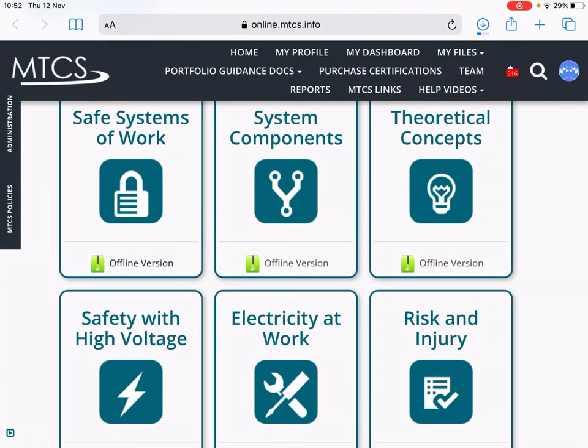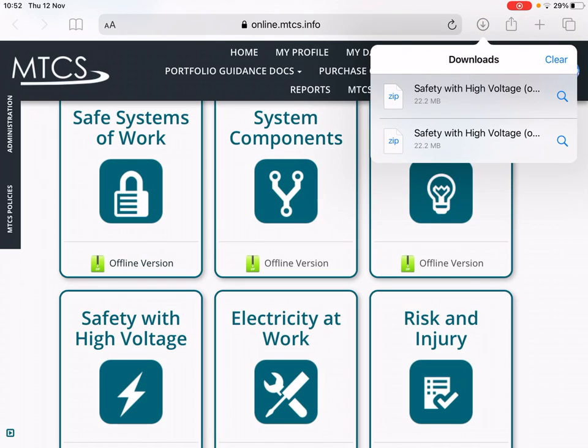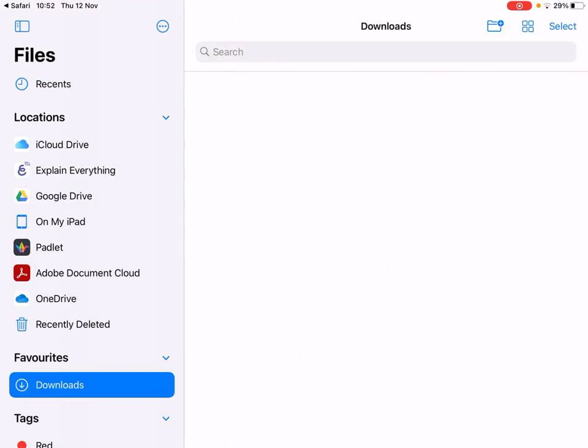I click on download. Now you'll see at the top there's this little arrow that's pointing downwards. That's telling me that it is downloading. If I click on that down arrow, so this is just to the right of the address bar, it will give me the option of viewing the download center. So I'm going to click on the top item, the one that I've just downloaded,